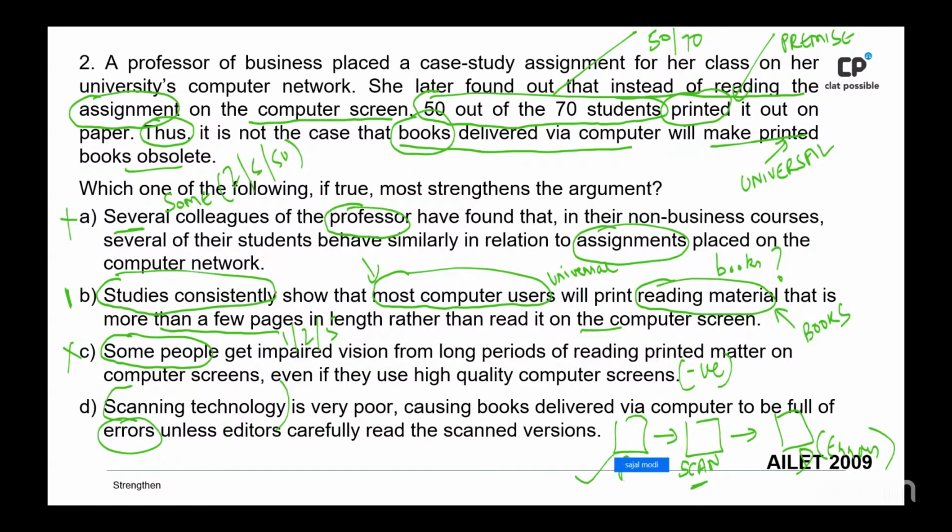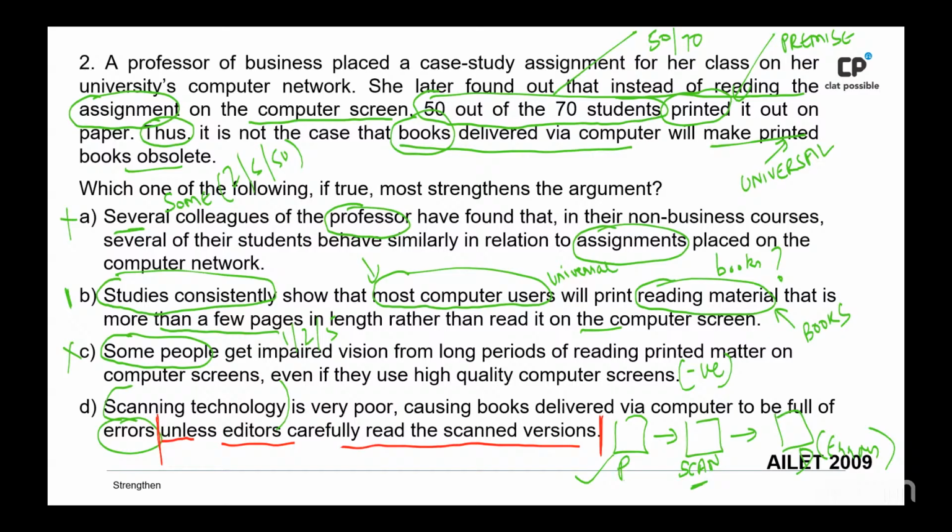Obviously, you will read the printed book, and you can then say printed books will not go obsolete because of the digital books. That looks like strengthening the argument, but hang on, it doesn't. Because of the latter part of this option. The latter part of this option says, unless editors carefully read the scanned versions. In order for this option to be correct, we will have to assume that editors will not correct